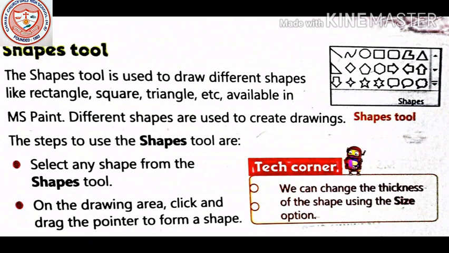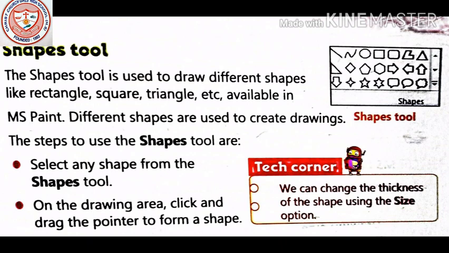So you can see the shapes tool box. There are slanting, curve, oval, rectangle, triangle, diamond, pentagon, hexagon, arrow, 4 types of different arrows, stars, the dialog box, the cloud box and many more shapes present in the shapes tool. So the shapes tool is used to draw different types of shapes like rectangle, square, triangle. With the help of these shapes only we can draw different things.